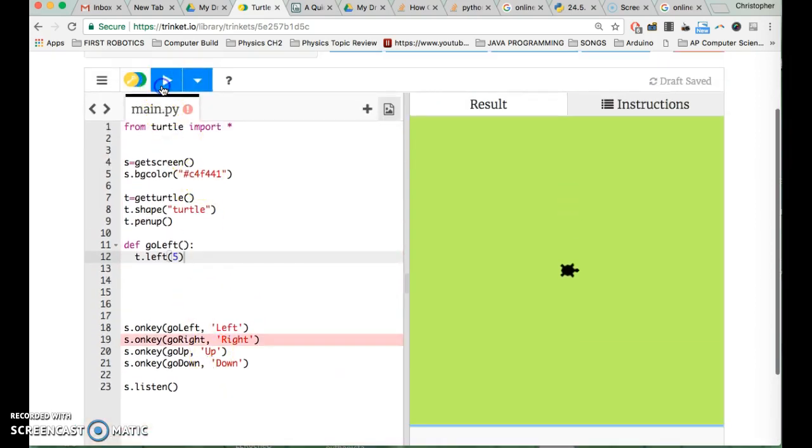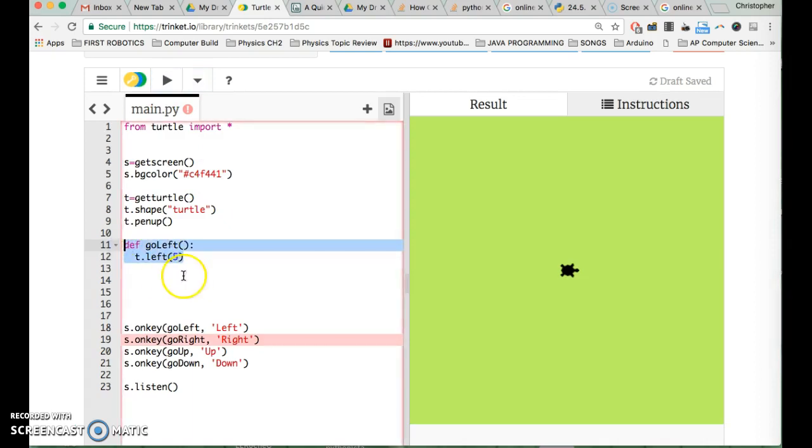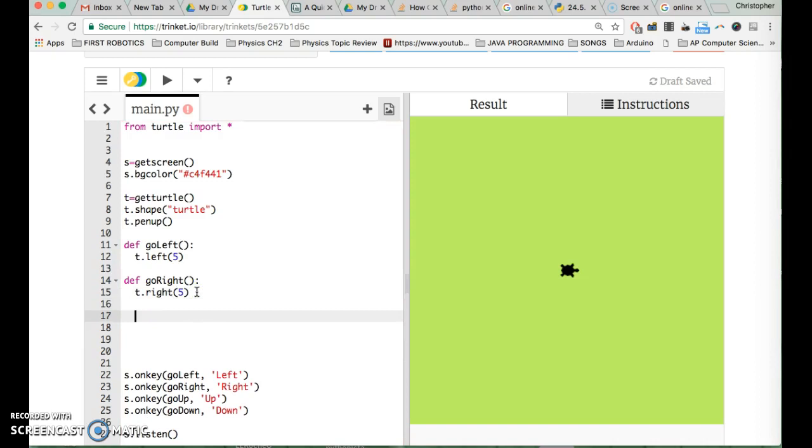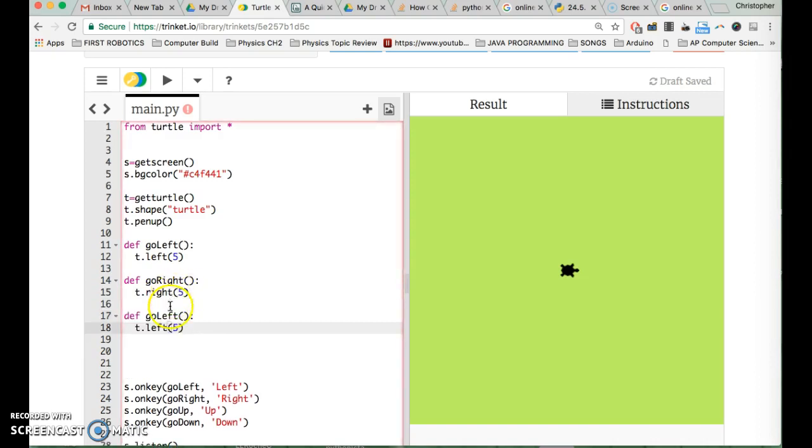Okay, so now I got to go left, and it says I don't have go right. So I'm going to have to keep doing this. So I'm going to go left, go right. Okay, it's not hard, right? Go right. Okay, and then we're going to go up and down, right? So I'm going to go here, go up,